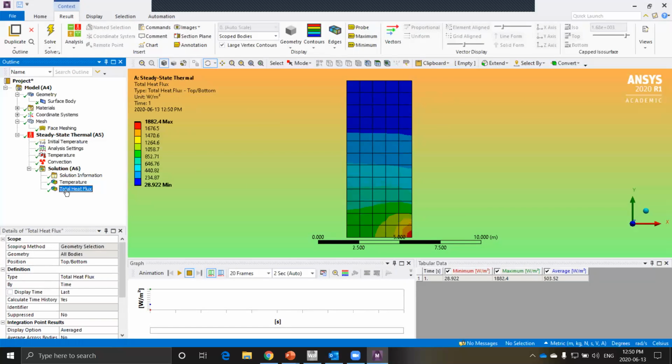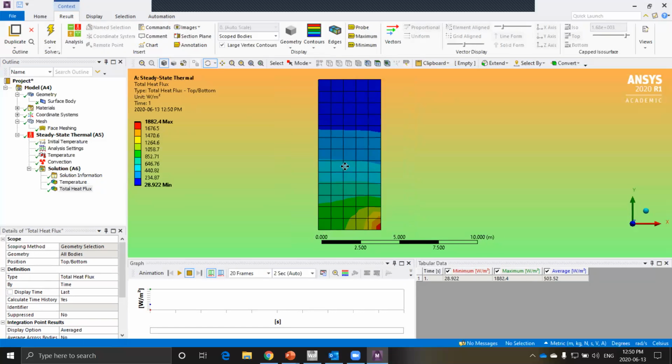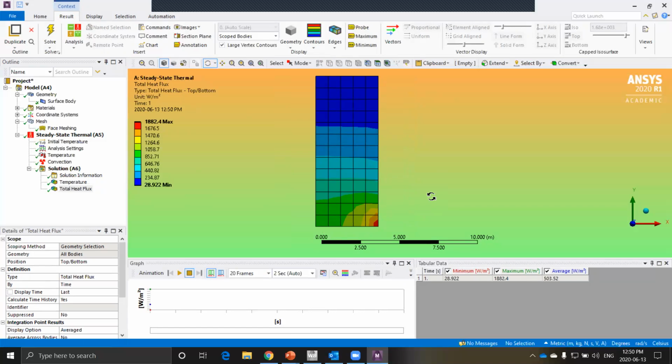Let's look at the heat flux. What exactly is the heat flux? Heat flux is the heat flow per unit area. Oh, okay. It basically represents the heat flow. So as you can see, the heat is being extracted from the bottom surface, and it goes towards the right end. Oh, so it shows the direction that the heat is traveling almost. Yeah, that's the intuitive description.